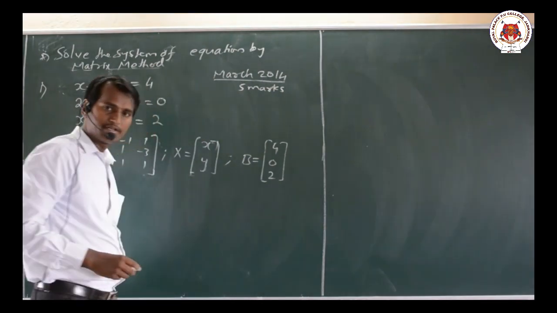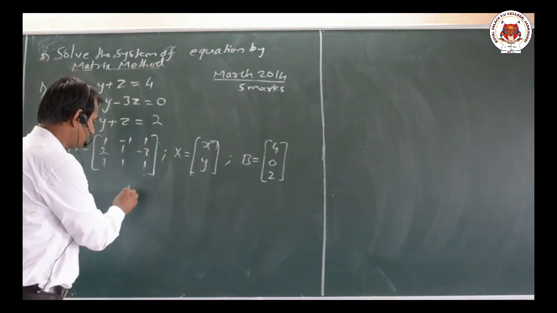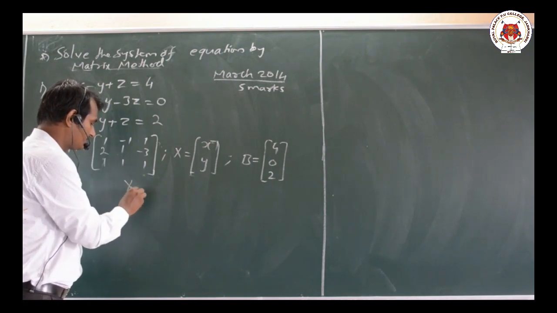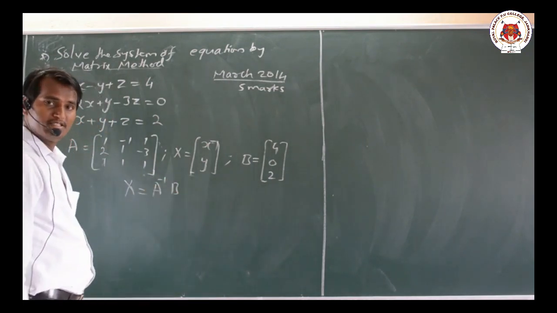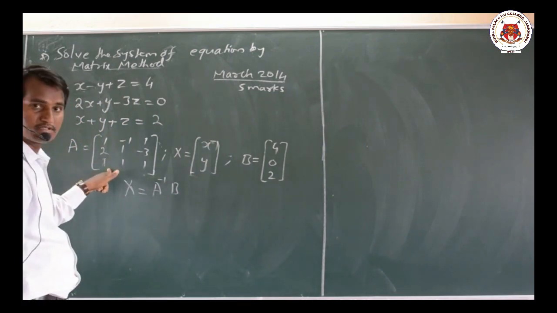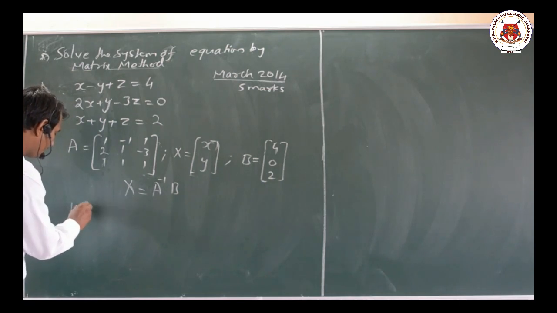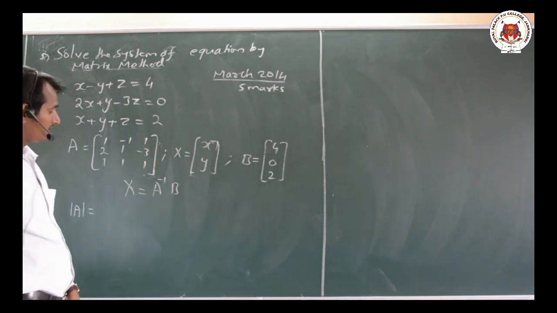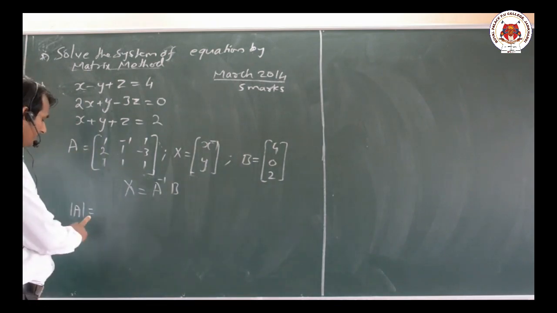Very simple it is. Now by our matrix method, just now we had seen what is the formula here? X equal to what we have? A inverse into B. That means here we require to find the A inverse. Before finding out the A inverse, I will find out the determinant of A. Why? To check whether we can find A inverse or not. Okay. Now how to find the determinant of A?